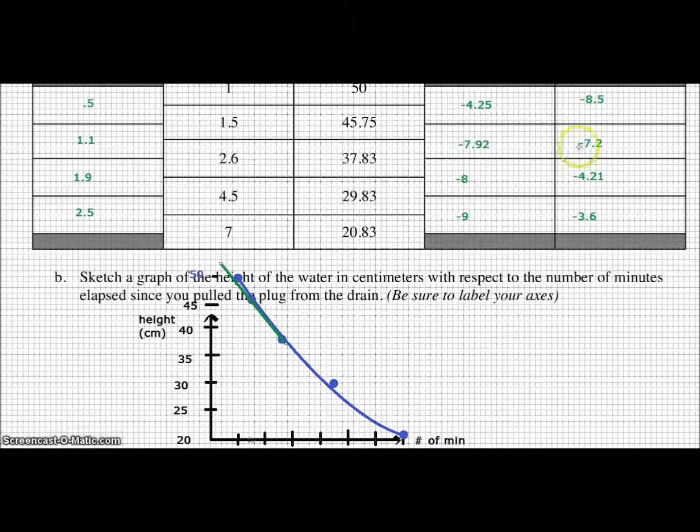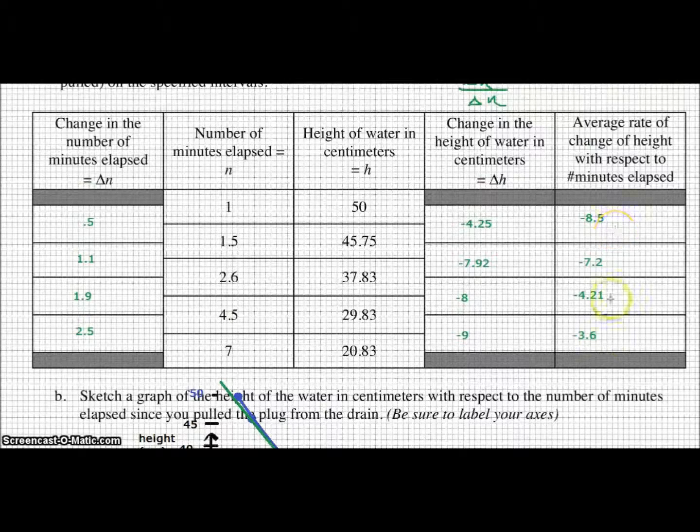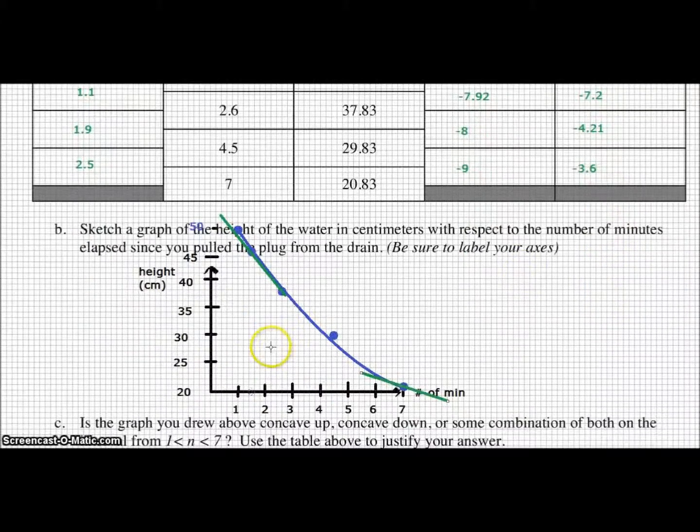Then, okay, so I got another graph. There's a tangent line, and then if we drew another tangent line, say for this point, you should see that this slope is more negative than this one, so the slopes are increasing. And you can see that here, the average rates of change increase, they become less negative, approaching 0. Same thing with these. And so that means that